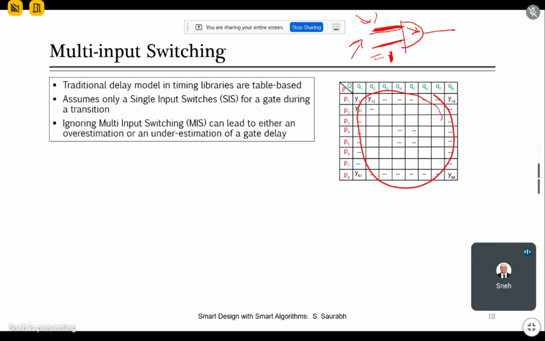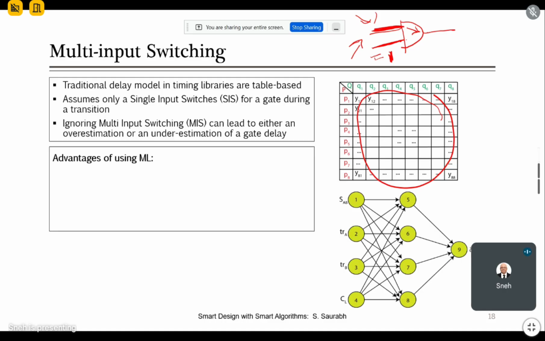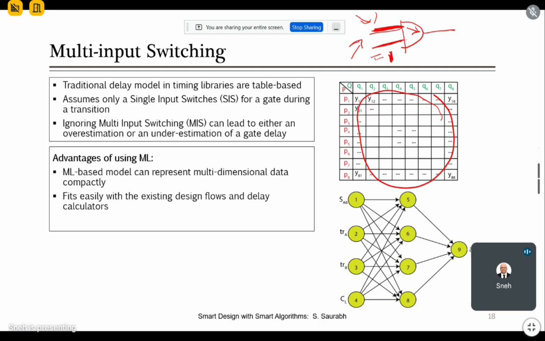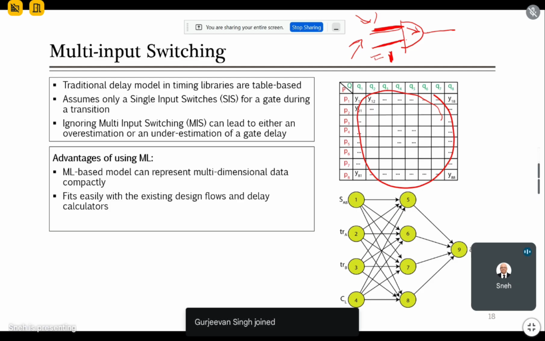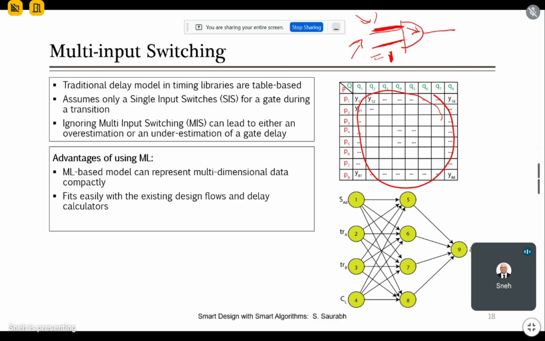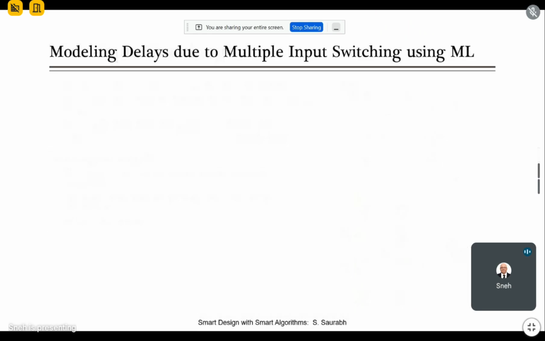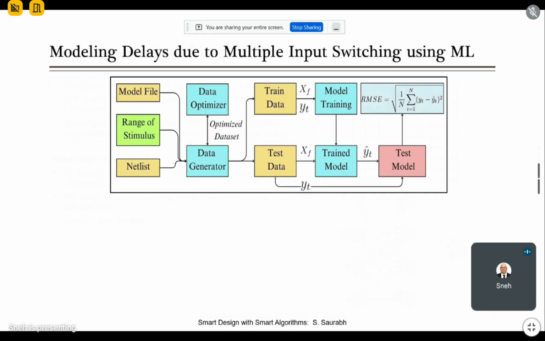So, ignoring the multi-input switching can lead to large variations in delay, and therefore what we can do is use machine learning to represent multi-dimensional data to model the multi-input switching case, right? So it fits easily with the existing design flow, and we have actually used it in our design flow